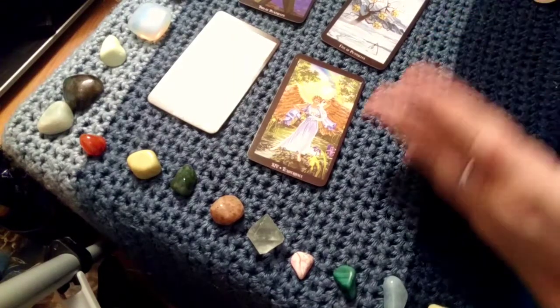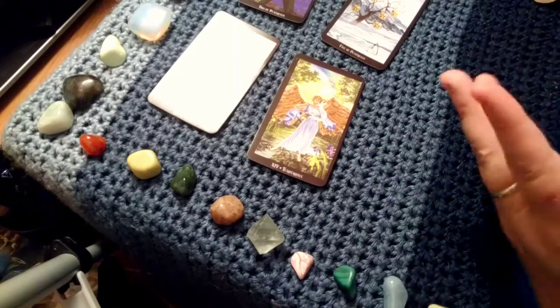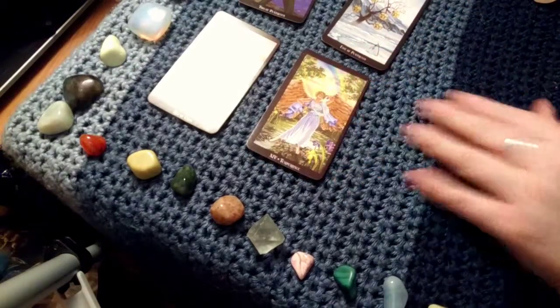But then all the other stuff I was talking about started coming to pass. And now you're kind of scary. Yes, I get that a lot. It's okay. So with this deck,